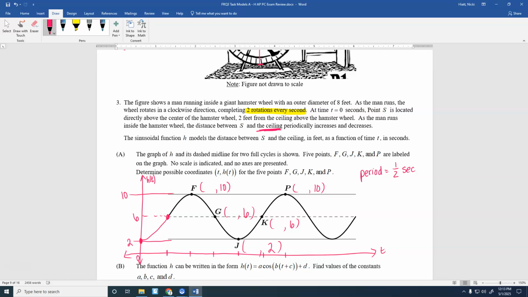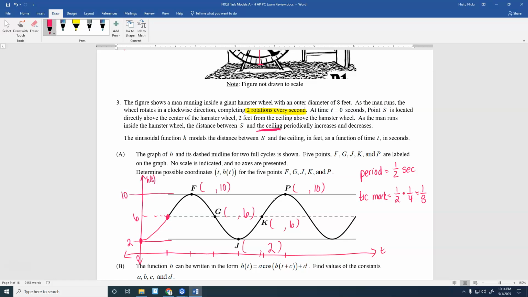What do I need to do to figure out where my tick marks need to be? Divide by 4. Or you can just multiply by 1/4. In this case, since it's already a fraction, I would multiply it by 1/4. So each little tick mark is going to be a 1/8. Right? And we're doing that because there are 1, 2, 3, 4 sections that you're breaking up into. It is always going to be a 1/4 for that. So if you take your period and multiply it by 1/4 or divide by 4, whichever one. If it's a whole number, it's easier to divide by 4. Fractions, I would multiply